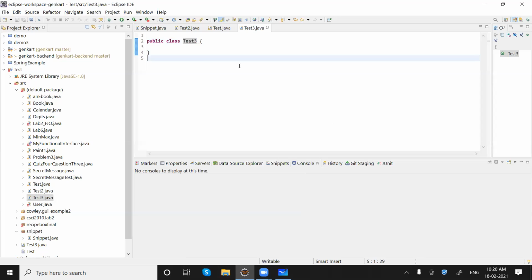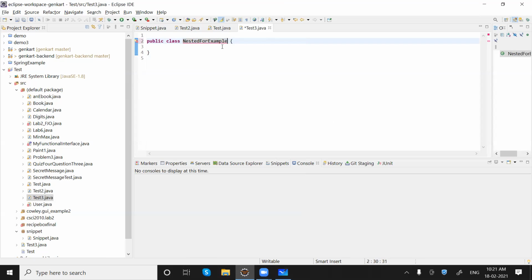There are two things. To rename it, I can just do, for example, nested for example, right?